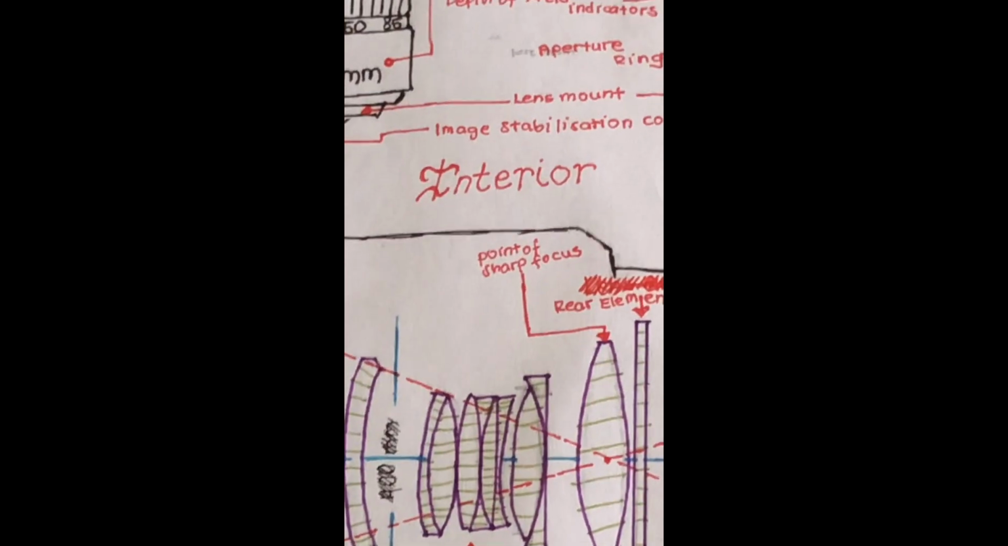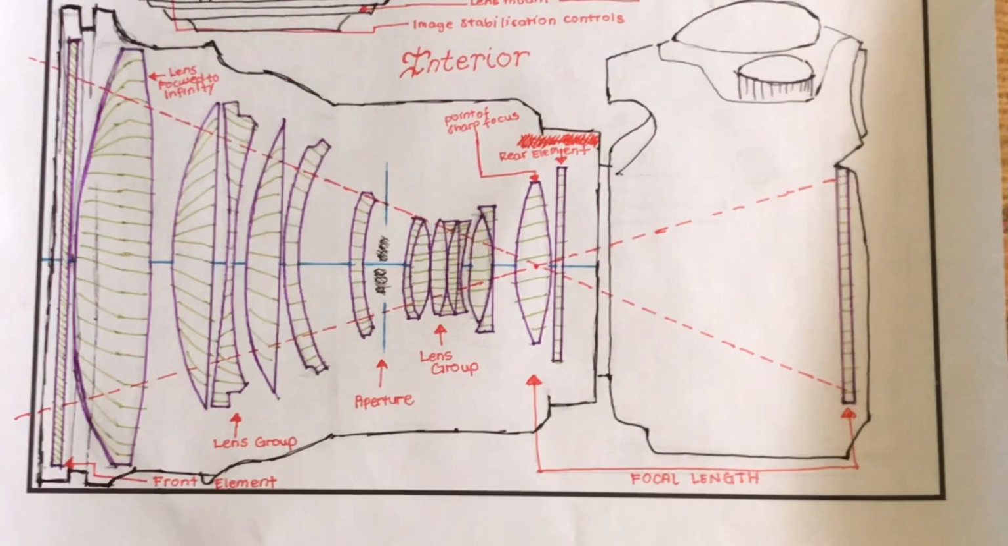To truly understand the functions of the camera lens, let's start with the interior first. The lenses in the lens barrel are labeled in the following: the front element, the lens focus to infinity, the lens group, an aperture, another lens group, the point of sharp focus, the rear element, and the main sensor. The blue line represents the optical axis and optical path, while the red broken lines represent how an image will